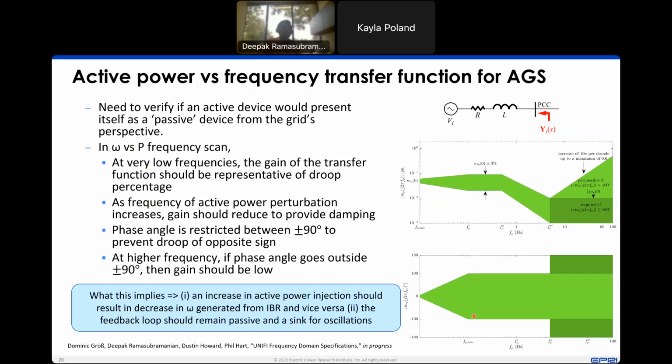Now, the reason why it's plus or minus 90 degrees is that the greater this angle deviates from this kind of a threshold of plus or minus 90, there is more chance of a positive feedback occurring, and positive feedbacks can destabilize the network. So what this implies, if let's say at a higher frequency, the angle does go above plus or minus 90, we want it to be low gain so that even if it does bring about a positive feedback, it is very small in magnitude and it's not going to impact the performance